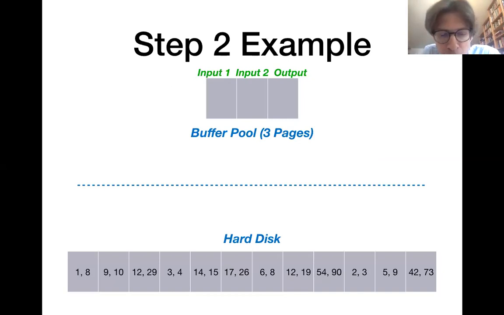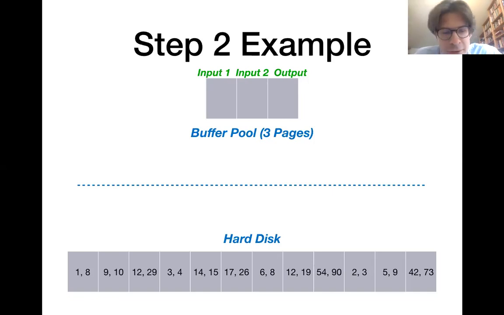So we have 4 sorted chunks of size 3, and now I'm merging them together. Here I have B equals 3. That means I can merge B-1, meaning 2 sorted runs, together in each step. And here in the buffer pool, you see I have already written the function for each of the spaces in green. We have 1 input buffer for the first run, 1 input buffer for the second run, and